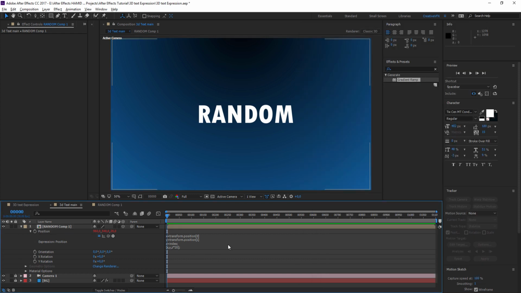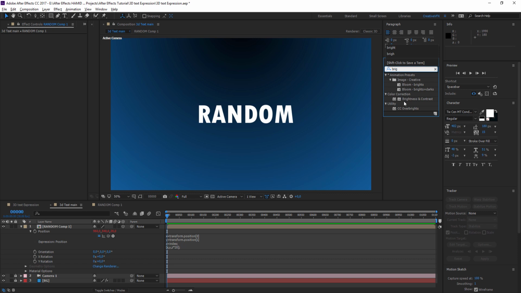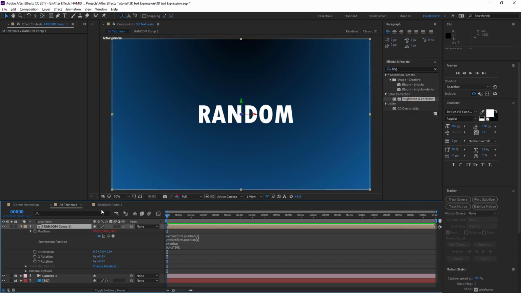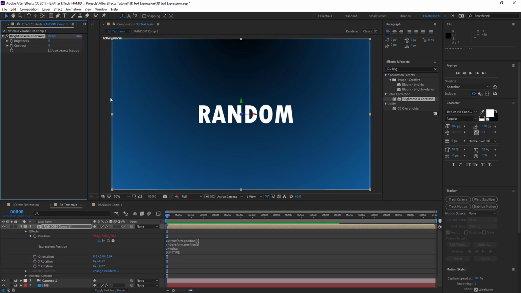Okay guys, and then we'll go in and add a brightness and contrast. Make sure your layer is selected, double-click that, then alt-click the brightness.